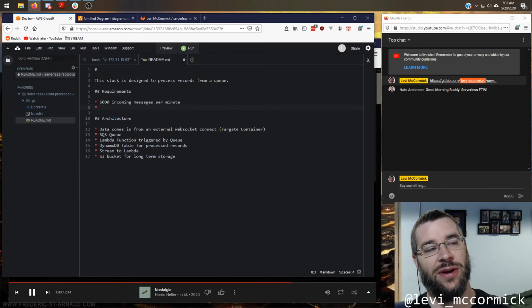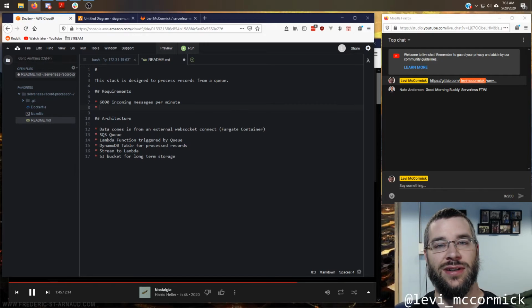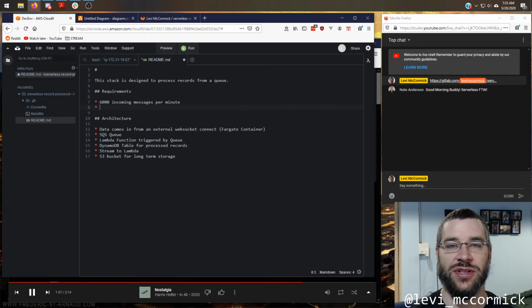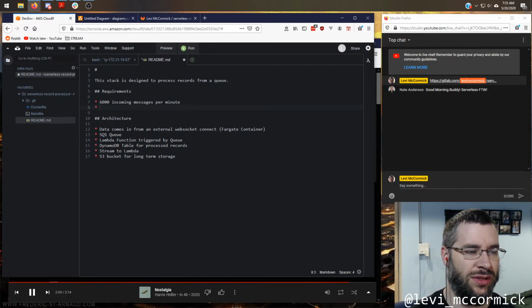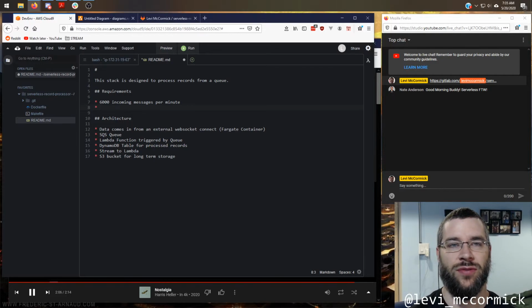Anyway, traffic patterns are not normally distributed across your app. You'll have peaks, you'll have valleys. So talking about much larger scopes like per day or per month just doesn't help when you start designing for capacity.